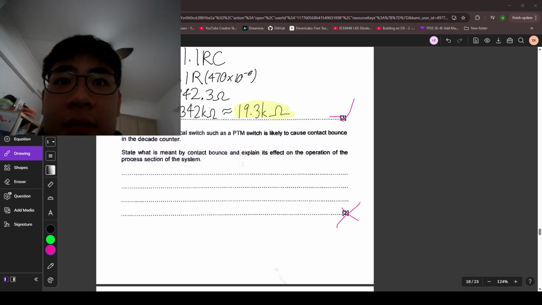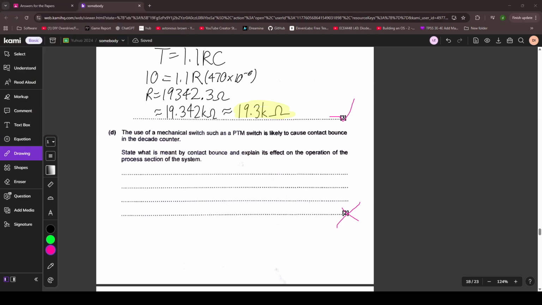Okay, I'm gonna turn off my camera now. That is what contact bounce is, alright? So,